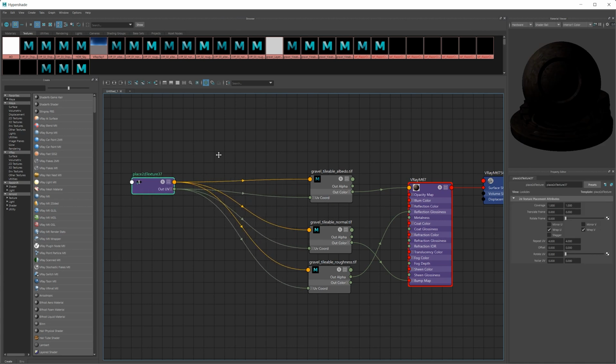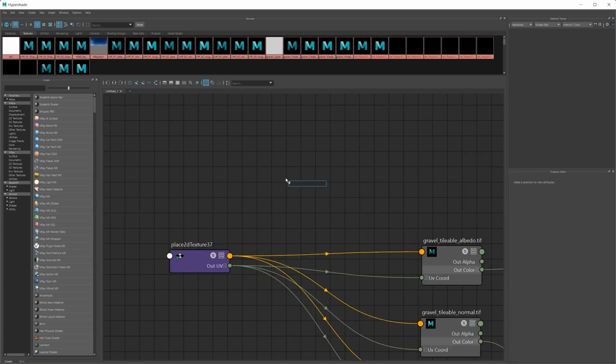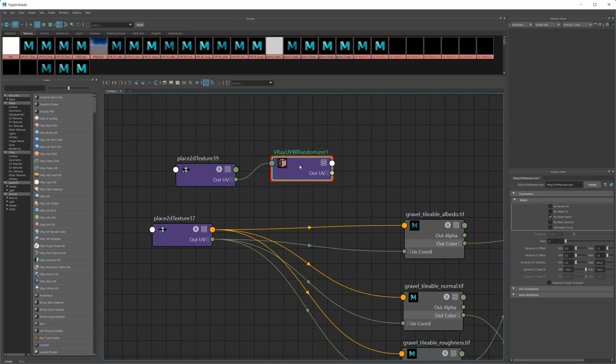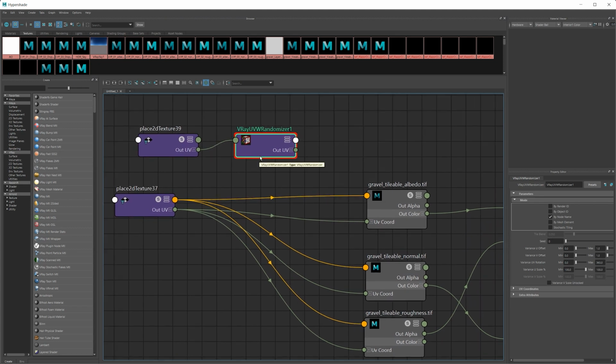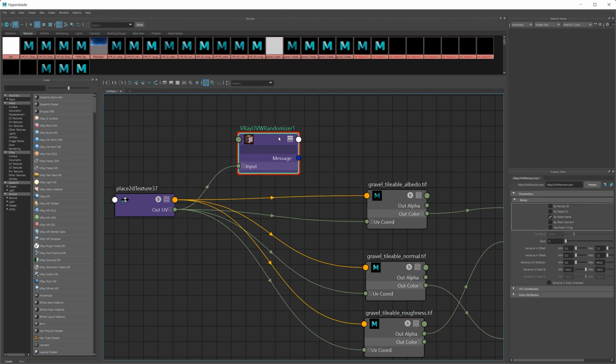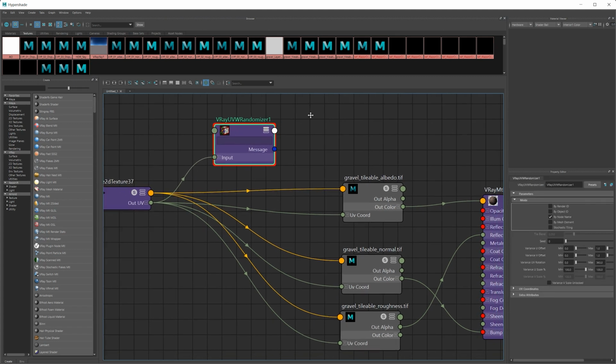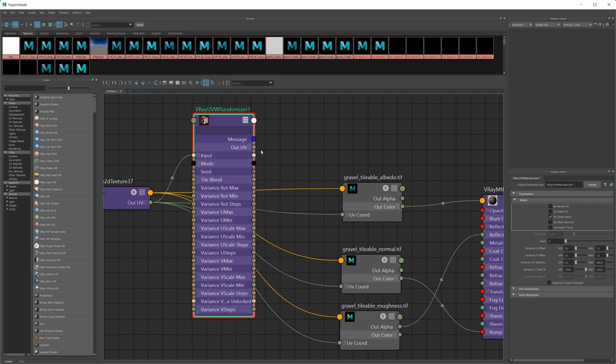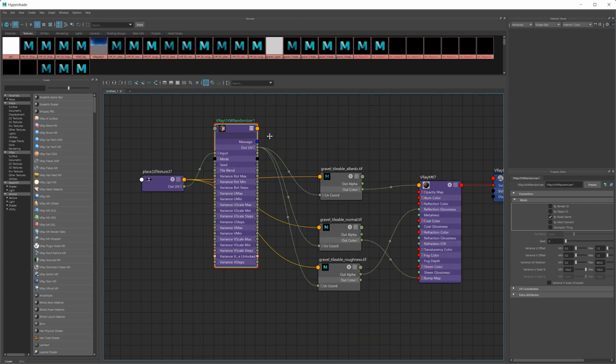Second thing that's useful is the UVW randomizer. So if I click Tab, just type in UVW, grab the UVW randomizer. What this does is it will take tiled images and then randomly rotate them. So all we need to do, we can continue to use this placement node. If we click on these little bars here, we can grab the input, take the out UVs, slap it in there, delete the original placement node for the UVW randomizer because we're using ours. And then you can click it one more time and we can take the out UVs and plug them into the UV coordinates of our texture nodes. And what that's going to do is automatically do some randomization.